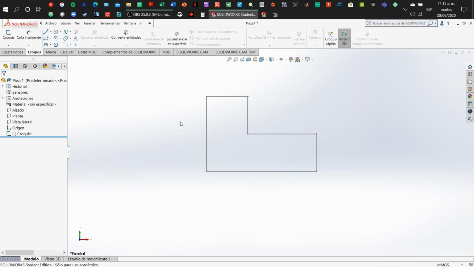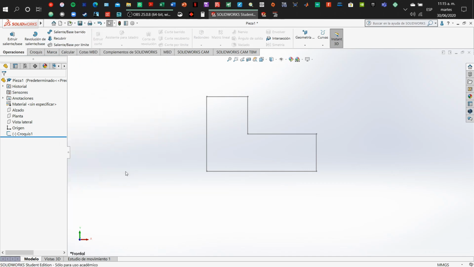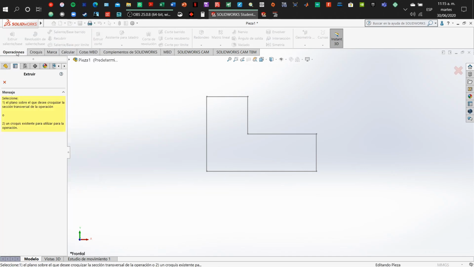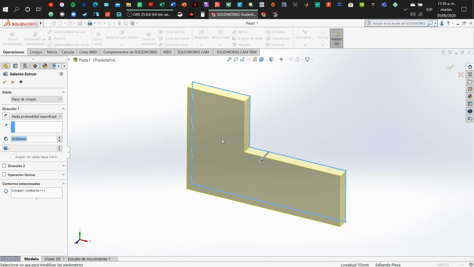When you leave the drawing, it will look like this. It will look gray, and then you can make an operation, or you can do it exactly when doing the drawing. We're going to extrude some part, so it will look like this. It is an extrusion,